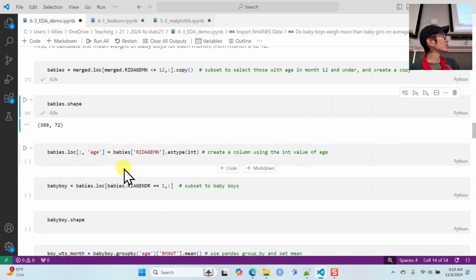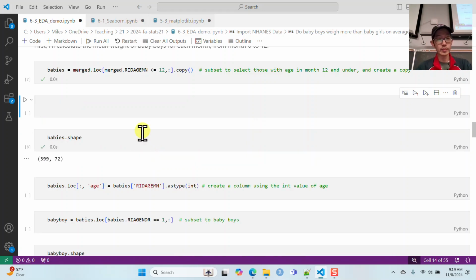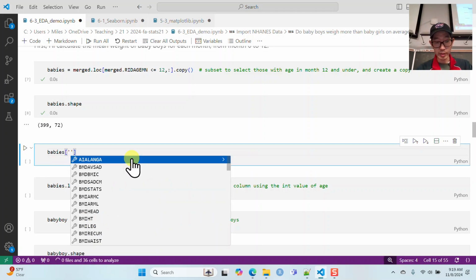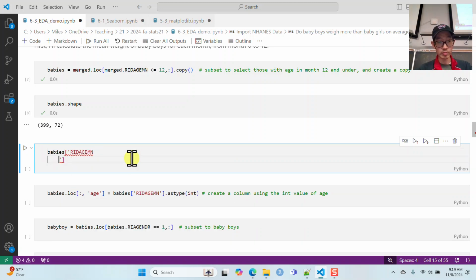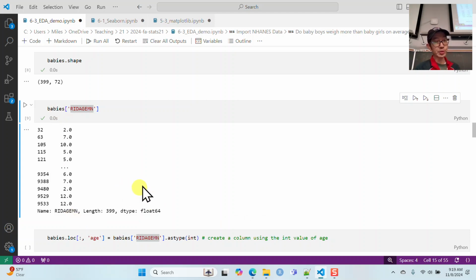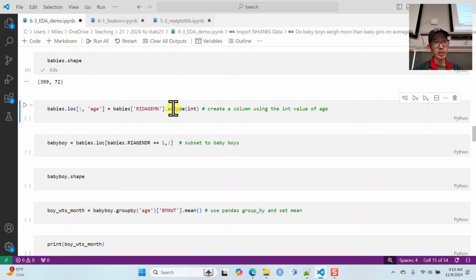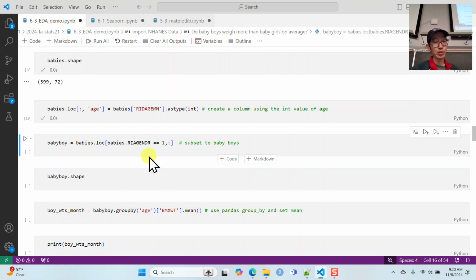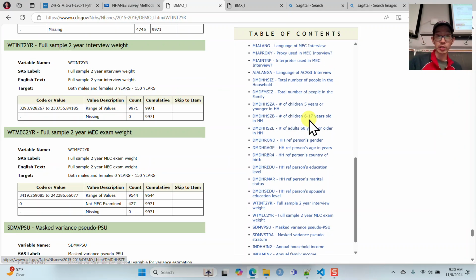Then, if you take a look at babies, these are all floats, and I'm going to convert them into integers. I'm going to create a new column just called age, taking age_in_months as an integer. Okay, so I do that. And then I'm going to subset to just the boys. I'm going to do babies.loc where gender is equal to 1, because that is how they coded the